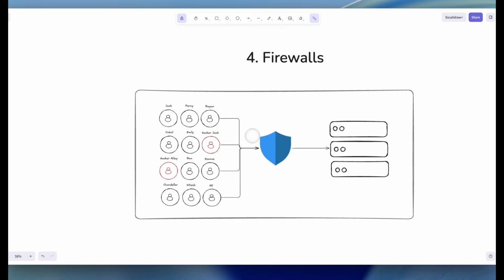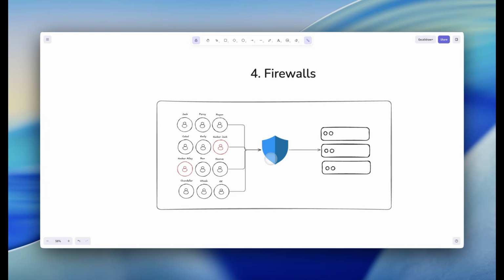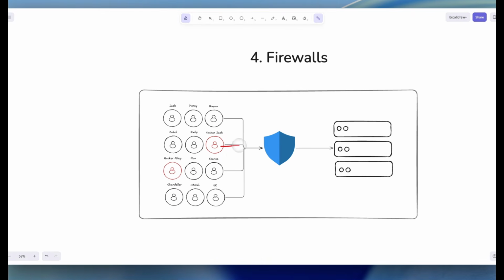The fourth technique is using a web application firewall, also known as a WAF. A WAF acts as a gatekeeper between the internet and your API. It filters suspicious traffic before it reaches your application. For example, a WAF can detect and block common attack patterns, suspicious payloads, unusual request behavior, or requests coming from known malicious sources. Valid requests continue to your API, suspicious requests are blocked or challenged before they consume your server